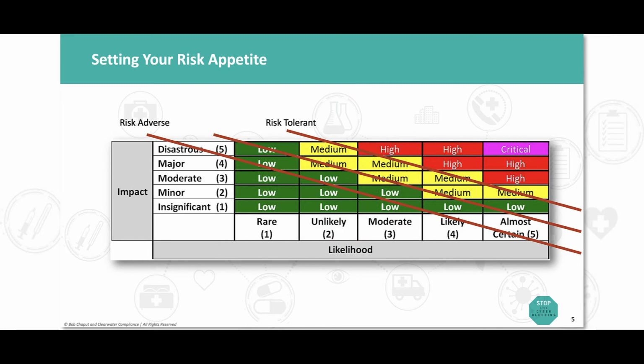Another way to think about setting your risk appetite is to go back to the risk matrix that we looked at in the previous session. Where would you draw your line? Would it be on the lower end, that is, you're a risk-averse organization when it comes to cyber risk? Would it be on the upper end, where you'll accept risks that are up to a rating of medium, and beyond that, you're going to do risk treatment? So the question becomes, where do you draw the line?